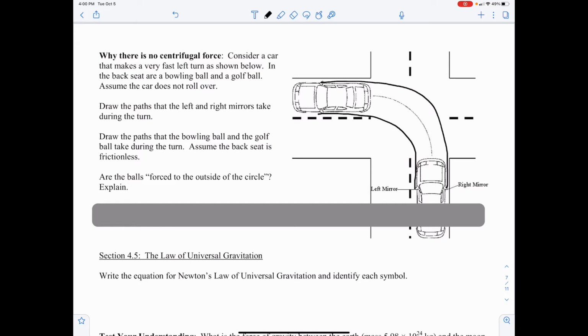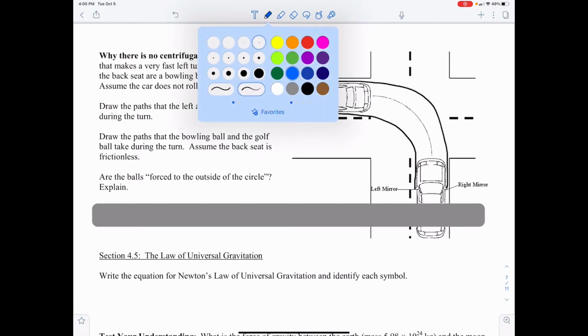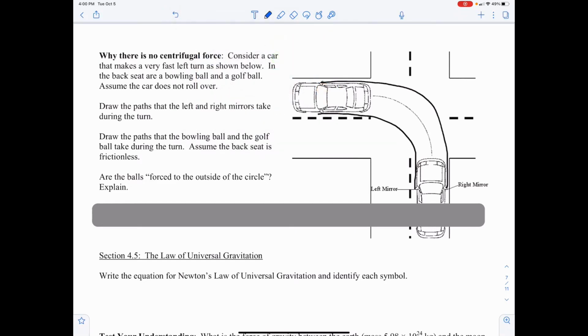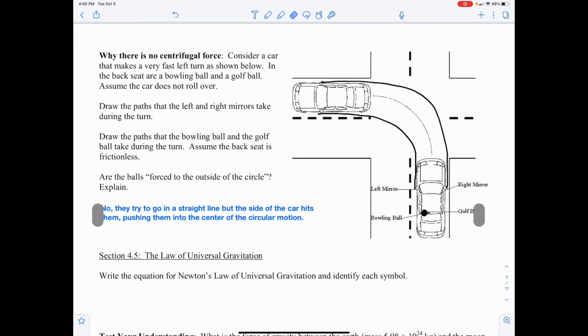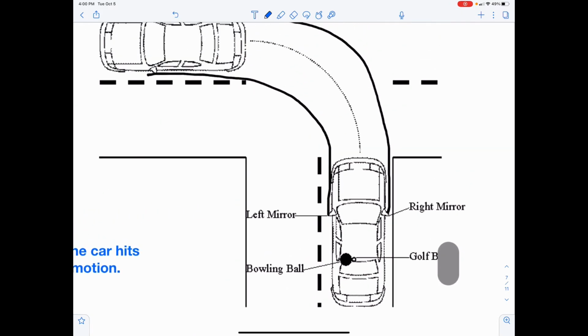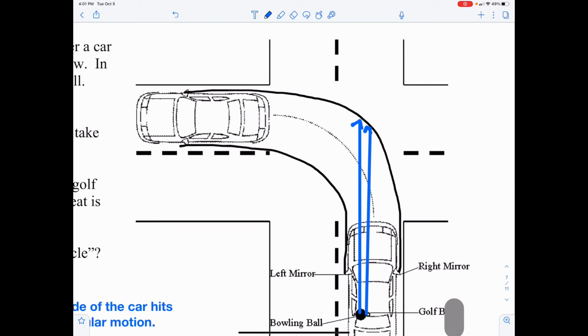Well, if the back seat is frictionless, there is nothing to prevent the bowling ball and the golf ball from doing exactly what they want to do. And when the car is going straight, the balls in the back seat want to move in a straight line. And that's exactly what they do. The golf ball and the bowling ball are back here. And the bowling ball wants to go straight. And the golf ball wants to go straight. Now, when the car is to this point right here,